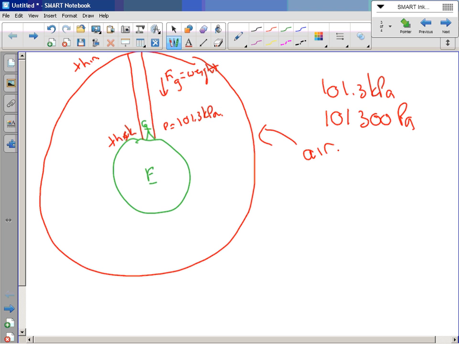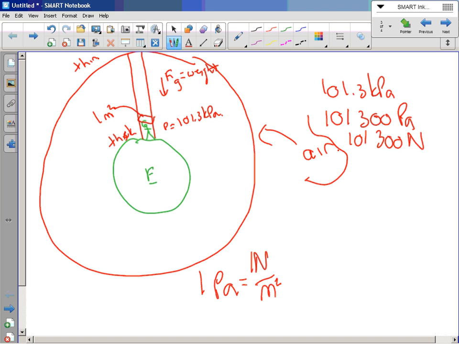300 pascals, right? And if we think about what a pascal is, remember yesterday, 1 pascal is equal to 1 Newton over 1 meter squared. Which means if, let's say that this was a meter squared. Let's say right here, that area above my head is about a meter squared. If that's a meter squared right there, then that means instead of 101,300 pascals, there's actually 101,300 newtons of air over that meter over my head, right?